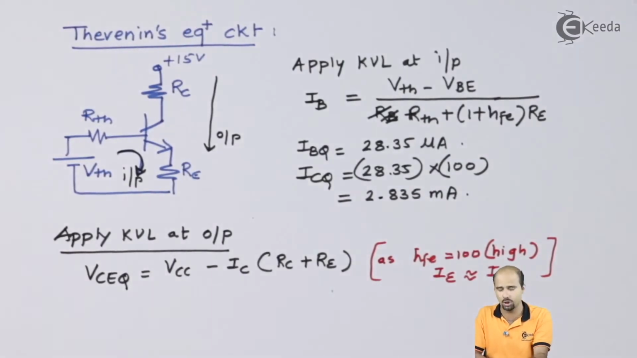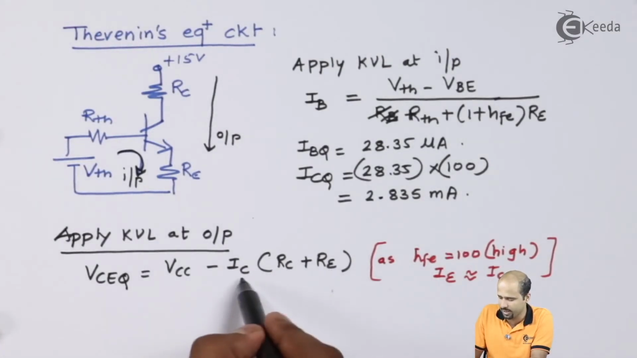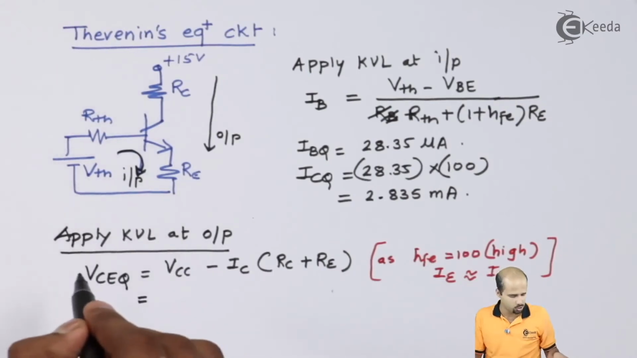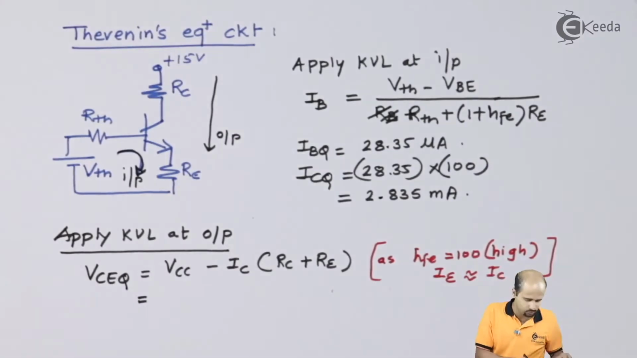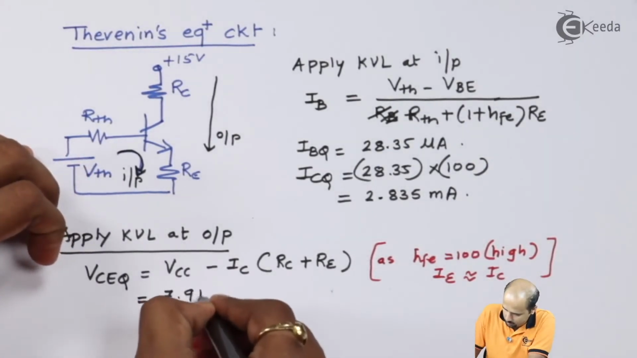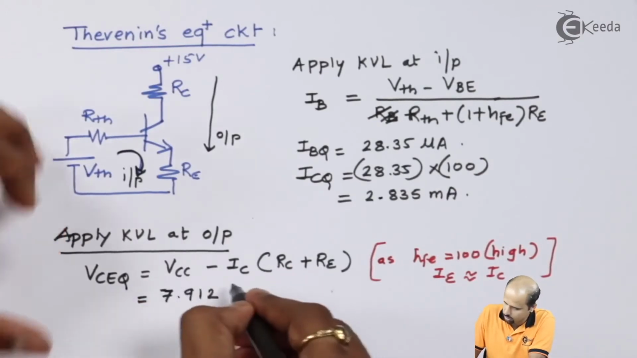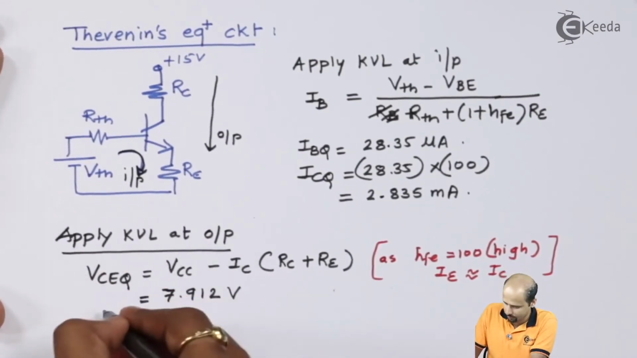RC is equal to 2 kilo ohm. So 2 kilo ohm plus 500 ohm, multiplied by IC, and that we have to subtract from VCC. Okay, so just do this calculation. VCC is equal to 15 volts. Whatever value you have got, that is 7.912 volts. So ultimately for stage number 2, we have got Q2,